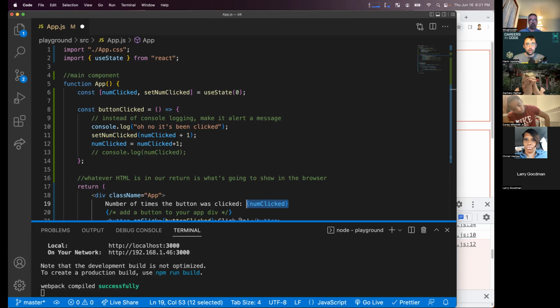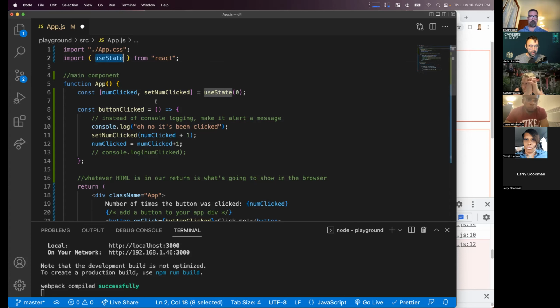Sure. Okay. So what we're doing is, first things first, we have to import useState. useState is coming from React. React does all kinds of black magic voodoo under the hood to make state work. So what we do is we import that in, right? We say, pull that in from React. React's going to take care of useState for me. Now, when we come down,